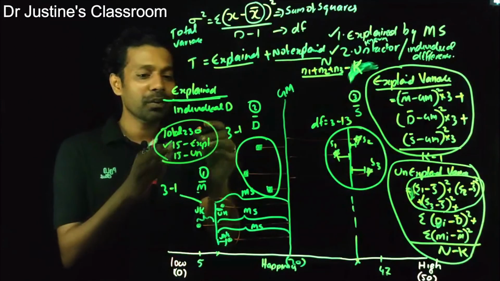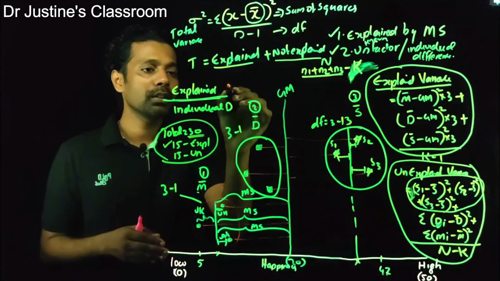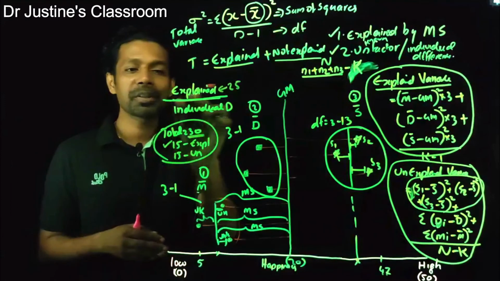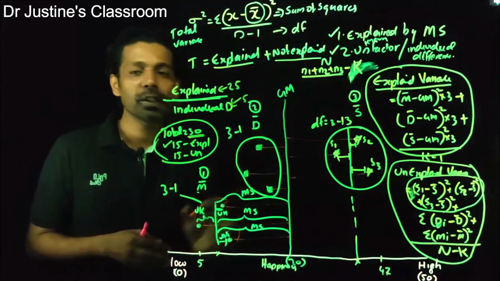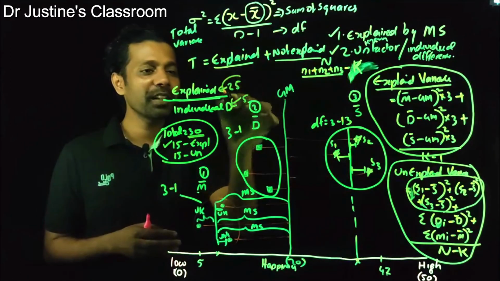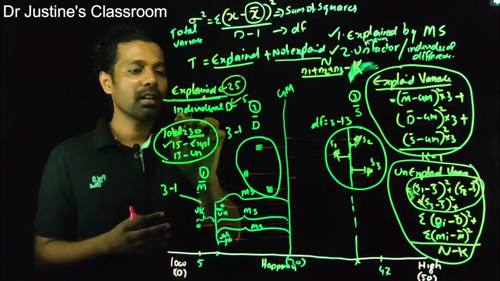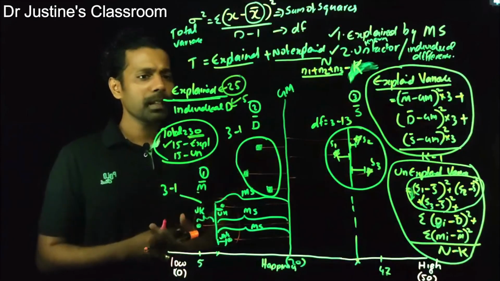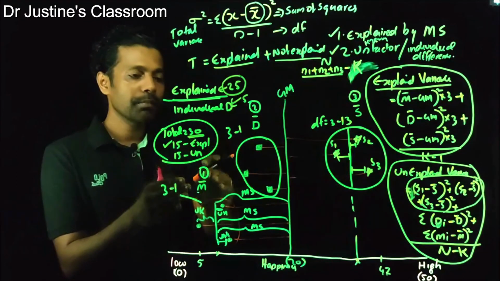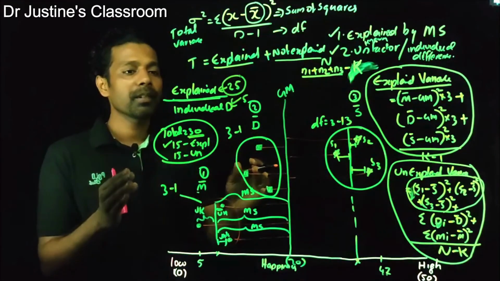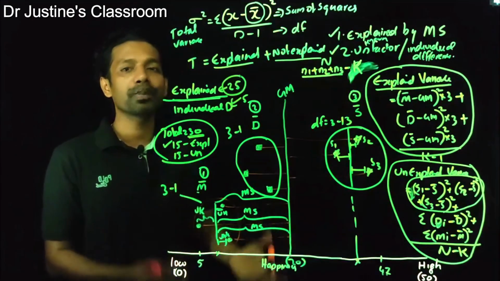But what if you have 30 variance in this data, where around 25 is due to membership in the group, and just 5 is based on the individual differences within the group? This is a very big number, right? Explained scores are much bigger compared to individual differences. So I can say that the explanation may be due to marital status. That is a considerable factor, a very good explanation.